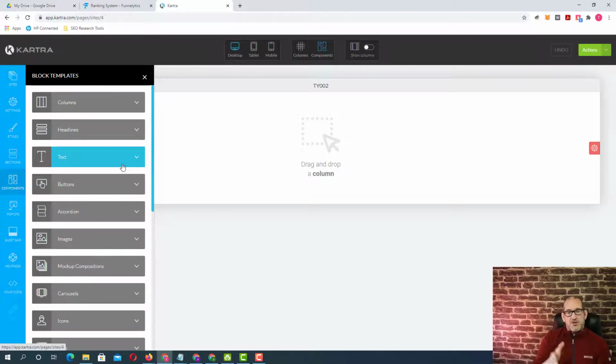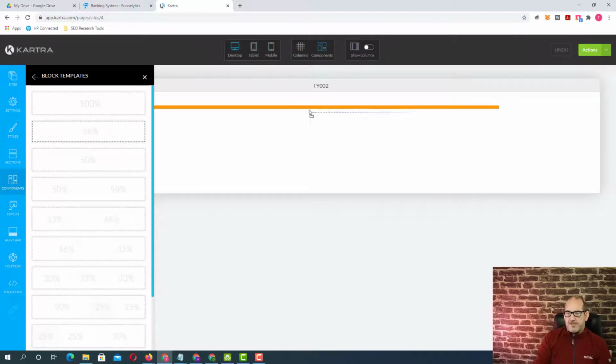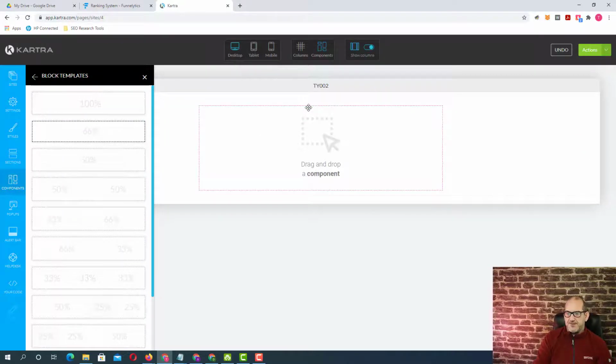So what I do is I basically keep all my pages congruent, so when people are coming through that funnel, everything looks the same, and it creates a bit of a safe environment for them, so they know that they're still in our funnel and they're still going through the process. So what we will do now, we will drop a column in there again, and I'll do exactly the same again. I'll put 66%,